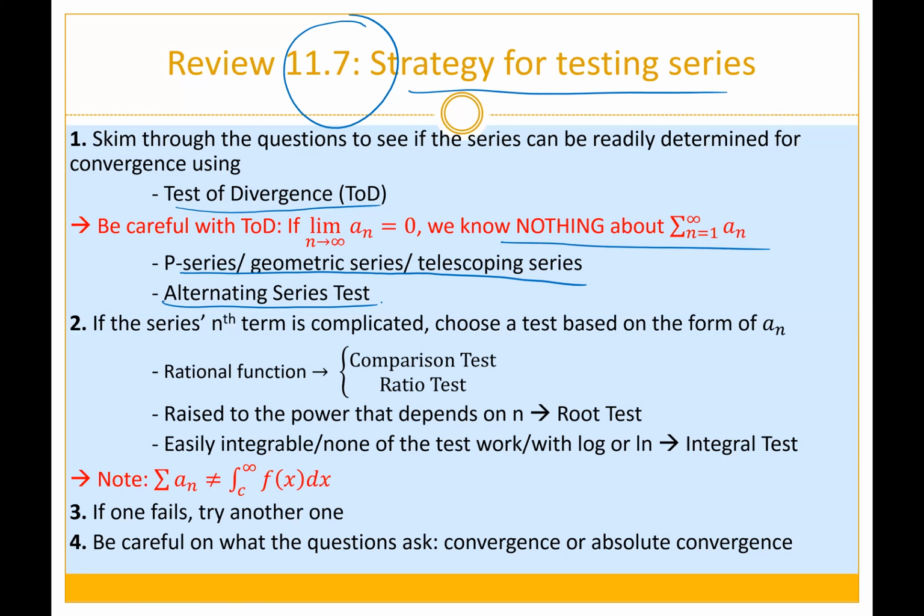Now, second, if none of those things work, if the nth term of the series is complicated, choose a test based on that. If you have a rational function, most of the time you're going to use either the comparison test or the ratio test. If you have something raised to a power that depends on n, use the root test. Finally, if it's easily integrable, like x to the n ln of x, which we looked at before, or if no test works, like even the limit comparison test doesn't work, or the ratio and root tests don't work, or the alternating series test doesn't work, then that's when you use